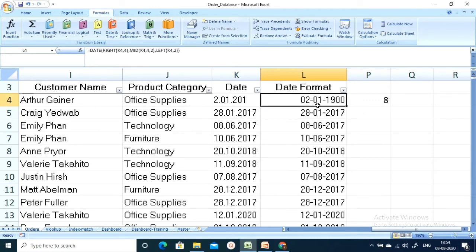Here I am going to show how to use length in this particular case. If you see here, it's not in the exact date format, so it should show an error.